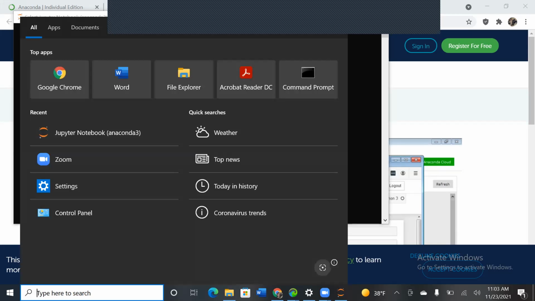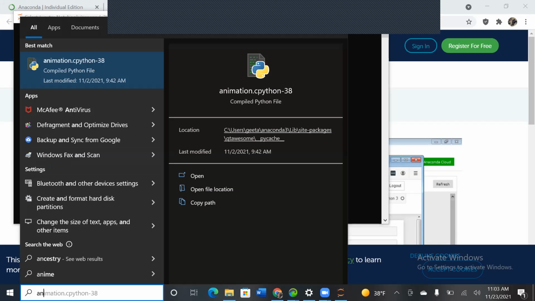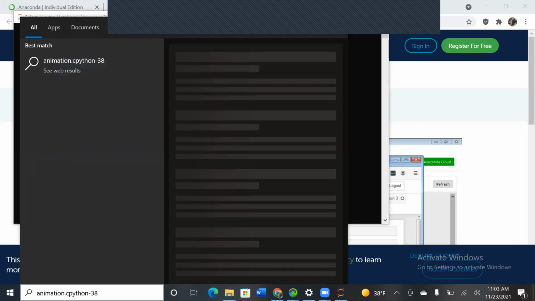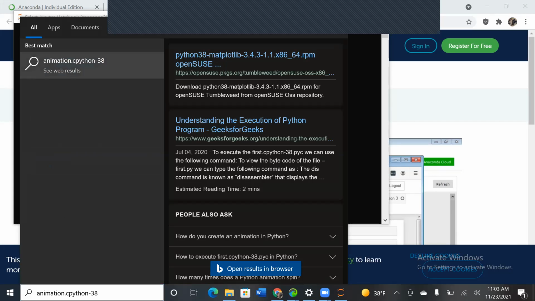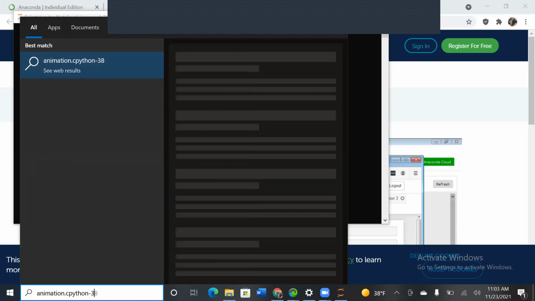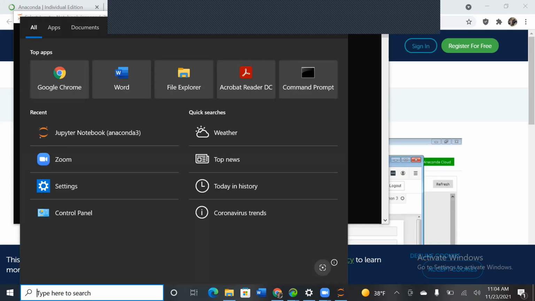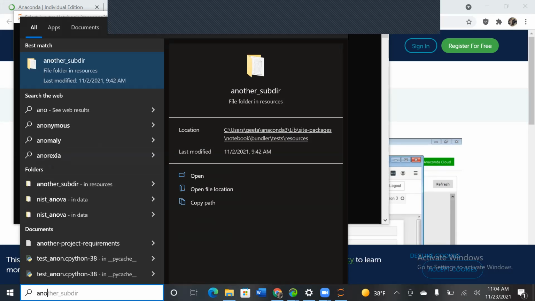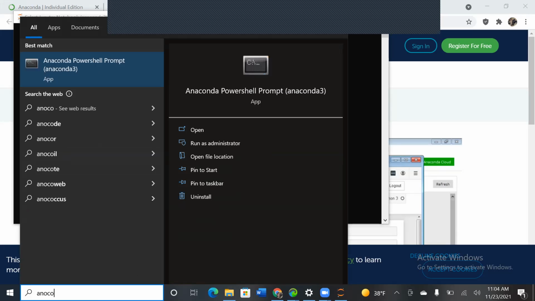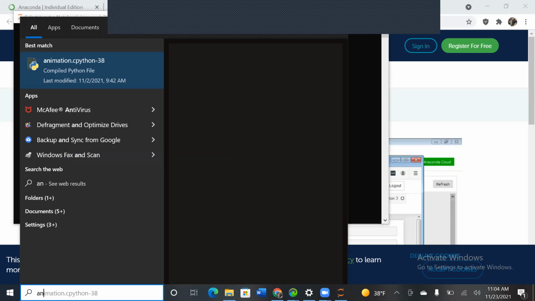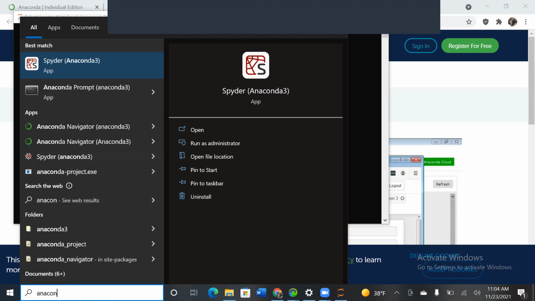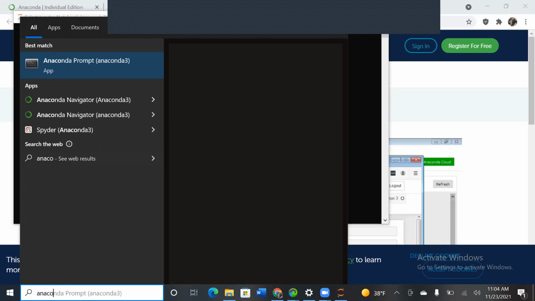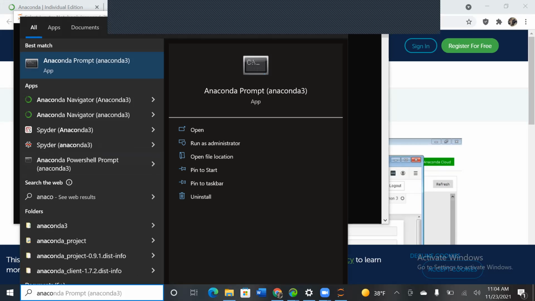Type Anaconda completely. Yes, this is Anaconda Navigator. Click on this one, the green one, Anaconda Navigator. Yes, click on that.